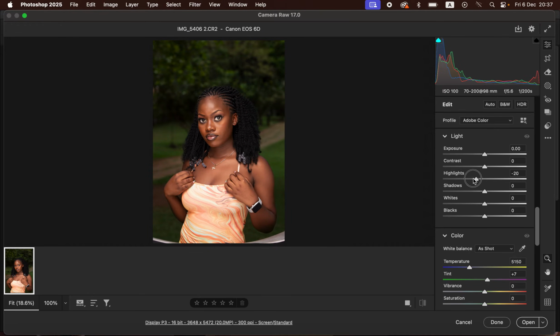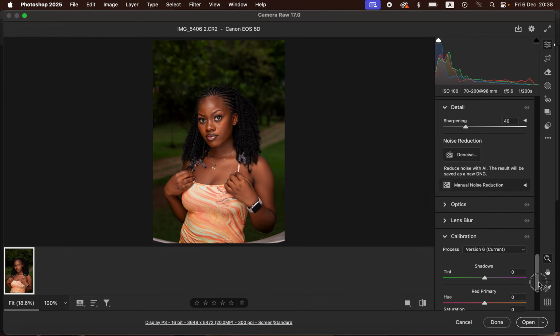So I'll come and take the highlights down and do the same for the whites, just like that. And I'll just come and add contrast to the image, then take the blacks down and open up the shadows of this very image. And by just doing that, you can see the before so far, and this is the after. So after I have corrected the lighting and contrast issues regarding this image, you're just going to scroll down